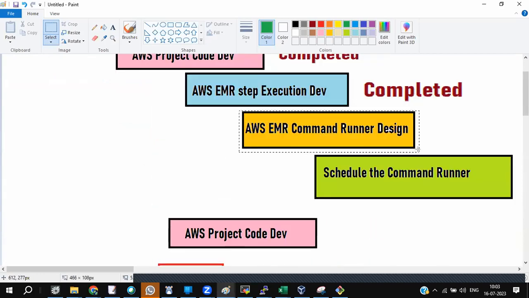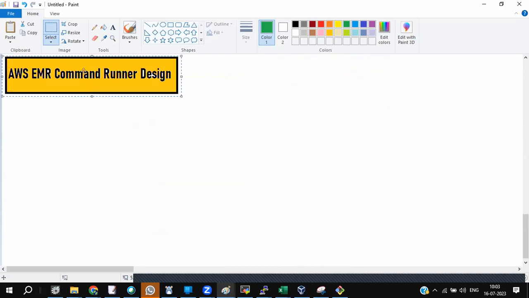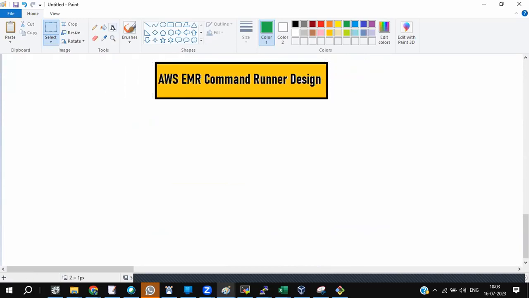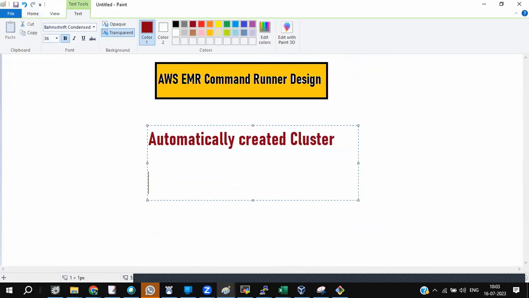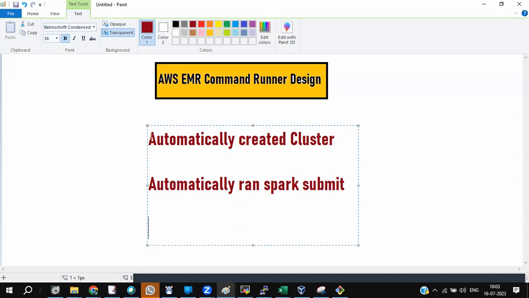What about command runner? Now you tell me. Automatically created the cluster, automatically ran Spark submit, automatically terminated the cluster.